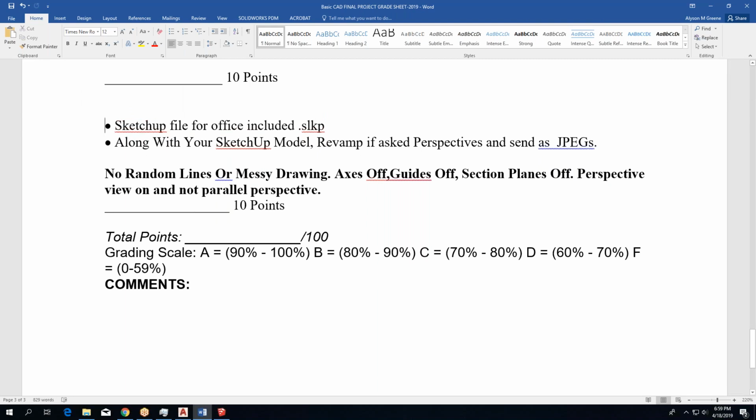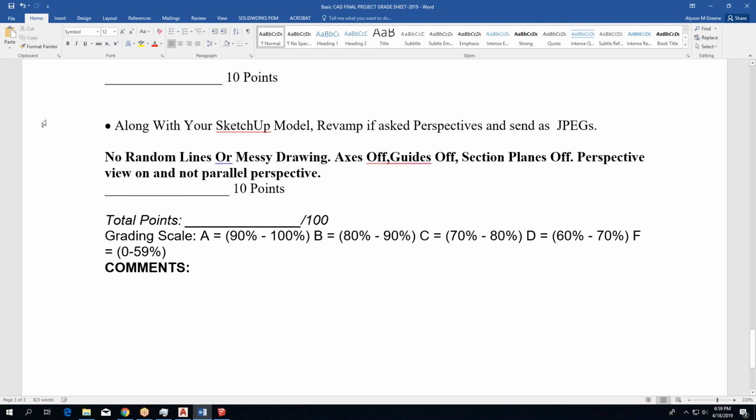I'm feeling lazy. We've got enough files. So let's nix that. A SketchUp file for the office can be gone. So we just need, you will have your SketchUp model submitted to me of revamp if asked perspectives and send as JPEG. So SketchUp model